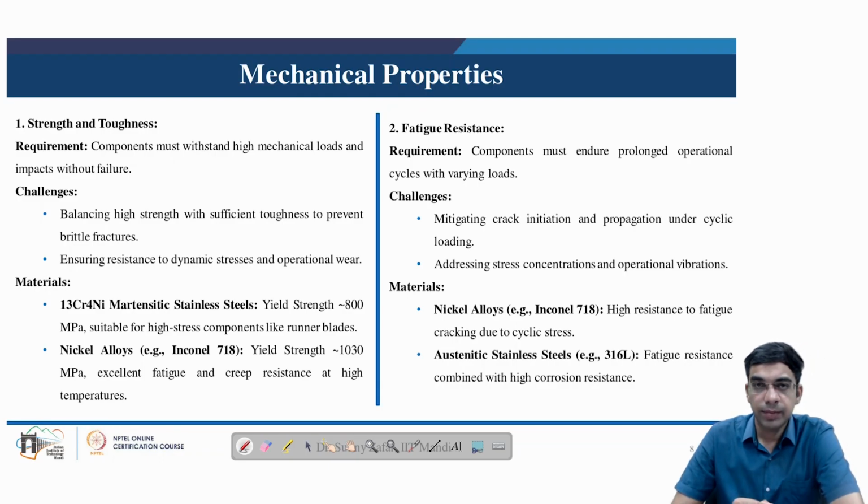If we look at the mechanical properties of the materials used to make the hydro turbine, there are significant points to note here. The turbines discussed previously, such as the gas turbine and the steam turbine, operate on a working fluid with a density of the order of 1 kilogram per meter cube. But this density in the case of the hydro turbine is approximately 1000 kilograms per meter cube. So there is almost a 1,000 times increase in the density of the working fluid.